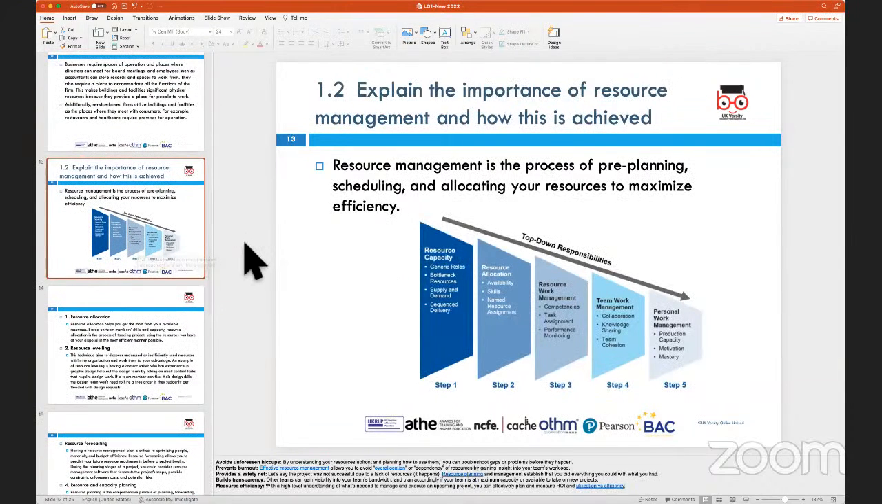Okay. Now let's look at 1.2. Now 1.2 assessment criteria talks about the importance of resource management and how this is achieved. Now, one of the things that we need to look at, and I mentioned this earlier, is that all resources are finite. So when we talk about resources, whether it's financial resources, natural resources, human resources, or physical resources,